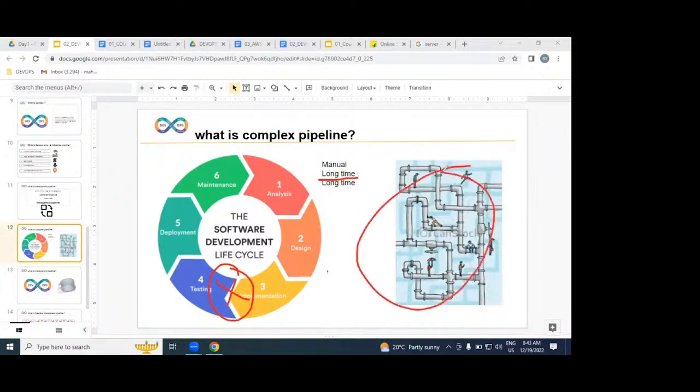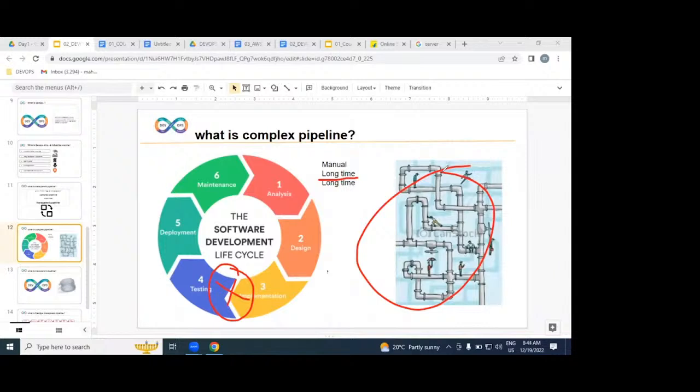Example, a water pipeline. The water pipeline is underground. Somewhere there is a blockage, not a leakage, a blockage. Can you find immediately where the blockage is? Experts are required, and we need to pay more salary. Even experts may take half an hour, an hour, or a day. It will take a long time.